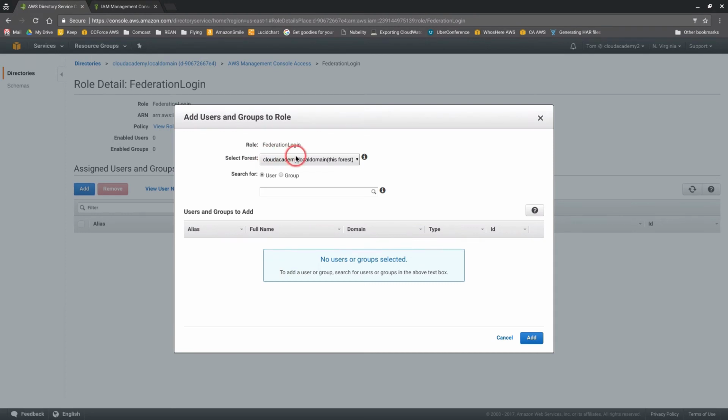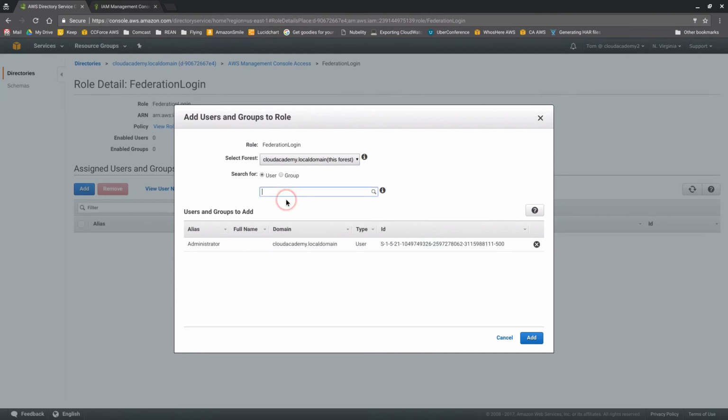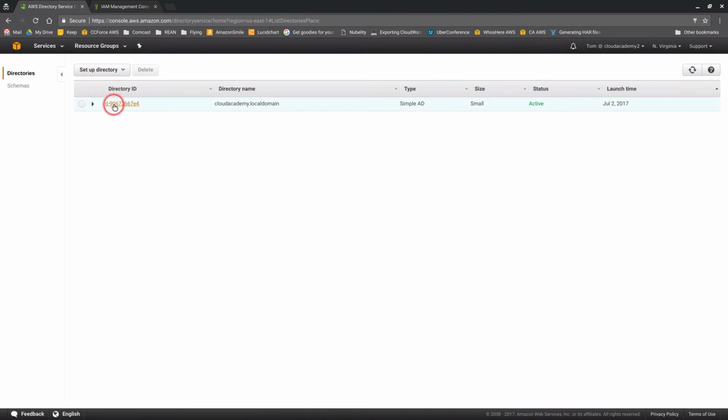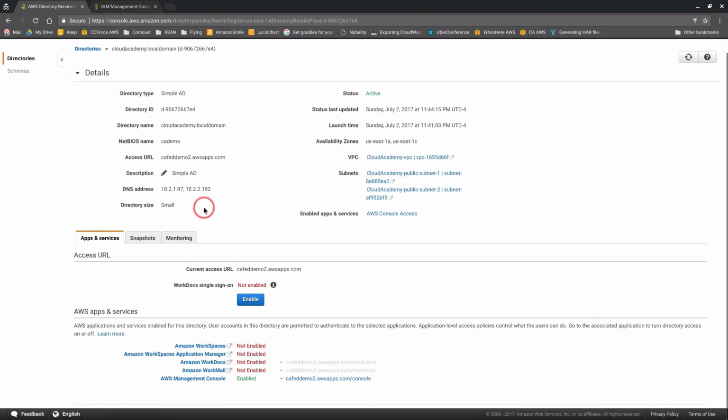As you can see here, Cloud Academy local domain. We'll just type in A for administrator and it'll bring it right up. We'll click on that and now it's linked in, and we'll click add. And now our administrator user is linked to having federated login access. So let's go back here to directories, the simple AD link. And if we click this link here,